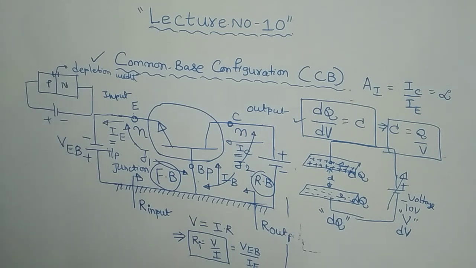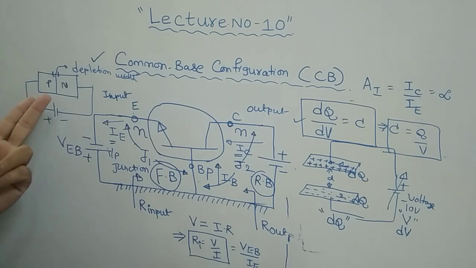Sometimes you can use the same in DC analysis also, depending on the requirement and the application, right? Capacitance is basically an AC element, right? Therefore, this is the basic definition of a capacitance. So, if you consider the PN diode, for example, if it is connected under forward bias condition,